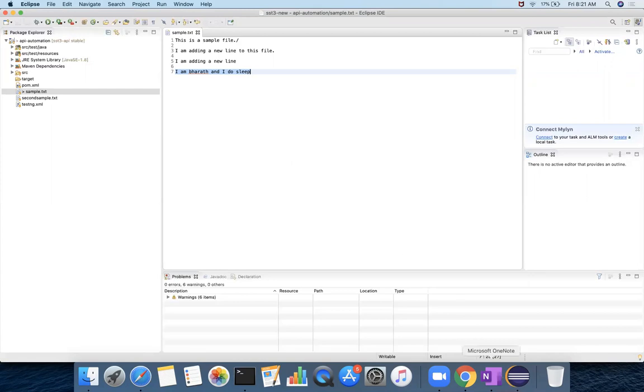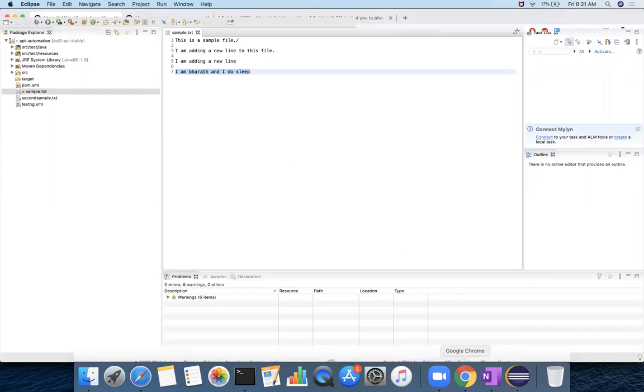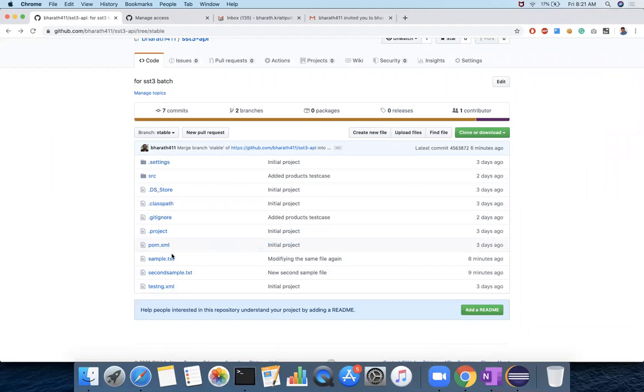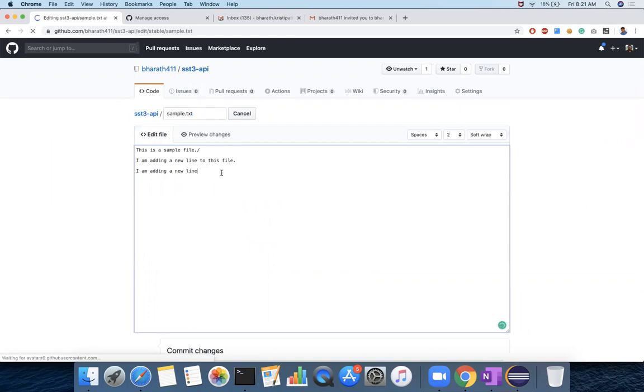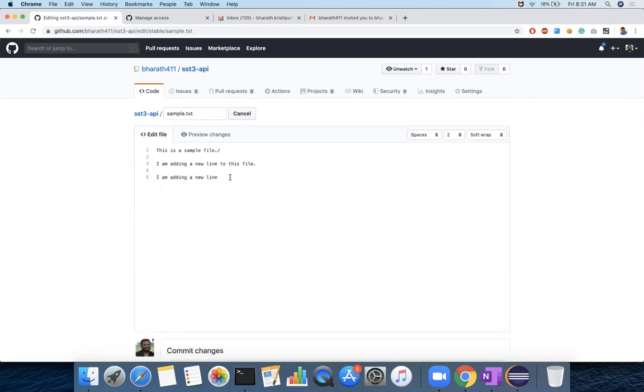Developer 2 is there, who is working on it. He works on the same file. Previously he worked on a different file, so whenever changes were made, there was no problem. Now developer 2 is working on the same file on which you are also working.